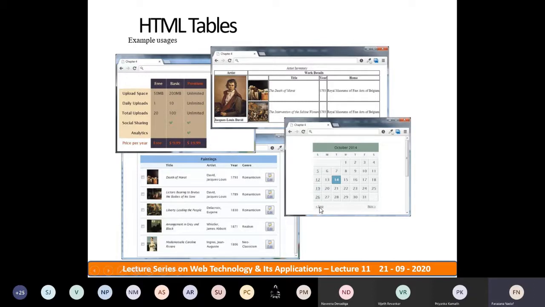Just see September and November. November is the next month and September is the previous month. These are links. When you click 14, it will display some information about that October 2014 date, the importance of that date. So you can display information with the HTML elements.